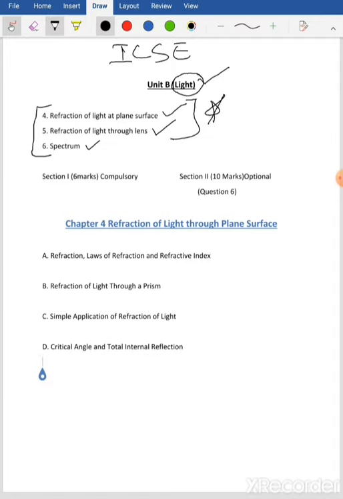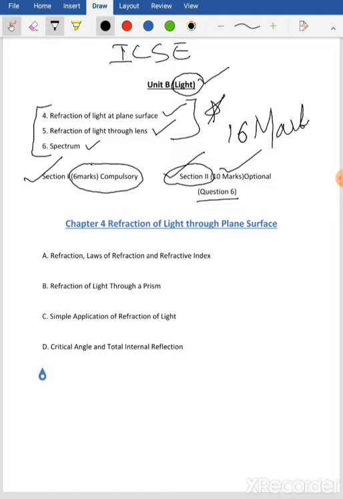All right, now let's see the marks distribution. From these 3 chapters you will get a 6 marks question, which is compulsory in your section 1, and in section 2, question number 6 will be coming from this unit, getting 10 marks. So in total from this unit you will be getting 16 marks question. There are 6 questions in section 2 and out of 6 questions you have to do 4, so it's optional. So now without much delay, let's begin with chapter number 4, refraction of light